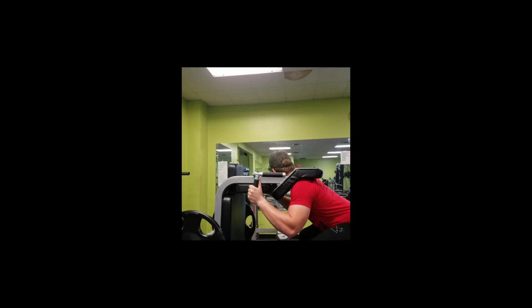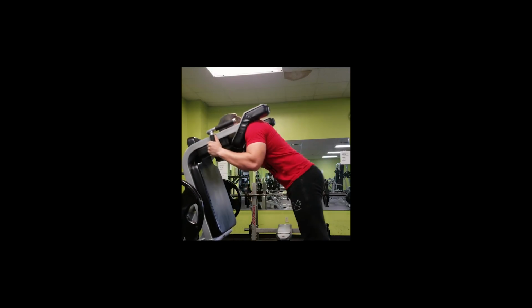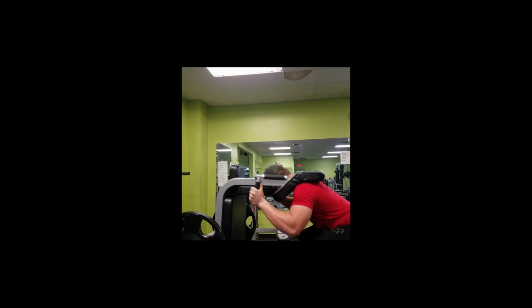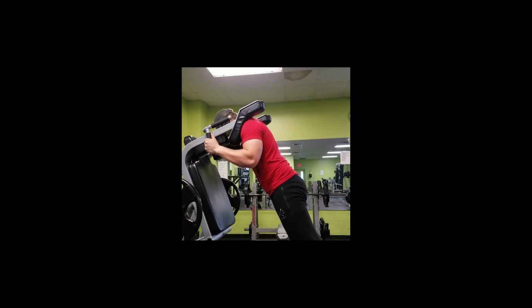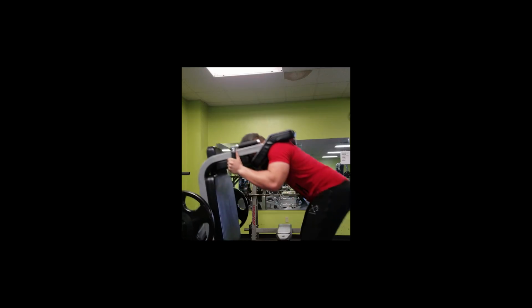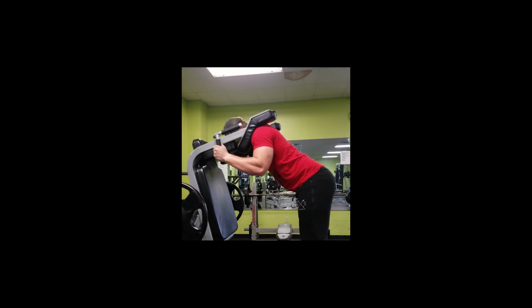And then there's another machine that a lot of gyms don't have. It's called a hack squat, with an incline platform. Sorry, I can't think right now. But I started with lightweight. I count this off as one of my sets because